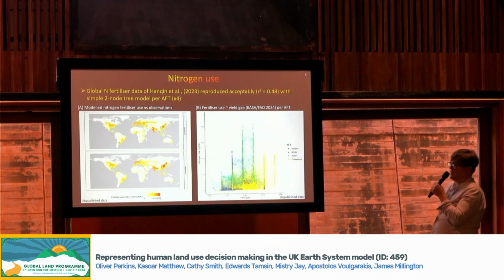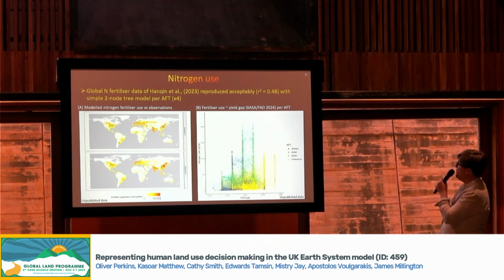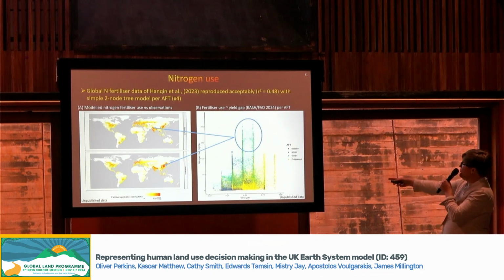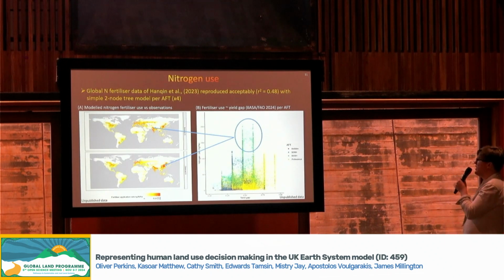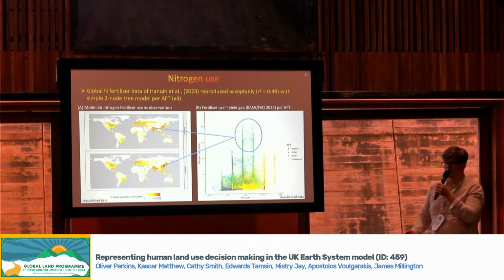So we've started looking at nitrogen as well. Our model seems to show useful things about syndromes of nitrogen overconsumption or nitrogen overuse. So here you've got our market-oriented smallholder agent functional type. You've got the yield gap on the x-axis and nitrogen use on the y. So you've got very intensive nitrogen use with large yield gaps remaining, so quite inefficient nitrogen use. And we seem to be doing an okay job of beginning to reproduce patterns of observed fertilizer use.